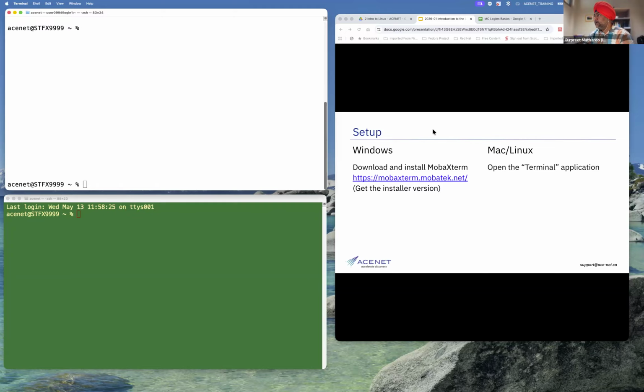And as Yashar mentioned, or probably I just skipped that, I am located at St. Francis Xavier University in Antigonish, and I'll be talking from my office today. So the session is about Linux. Linux happens to be one of the operating systems. You probably have a Windows laptop with you.